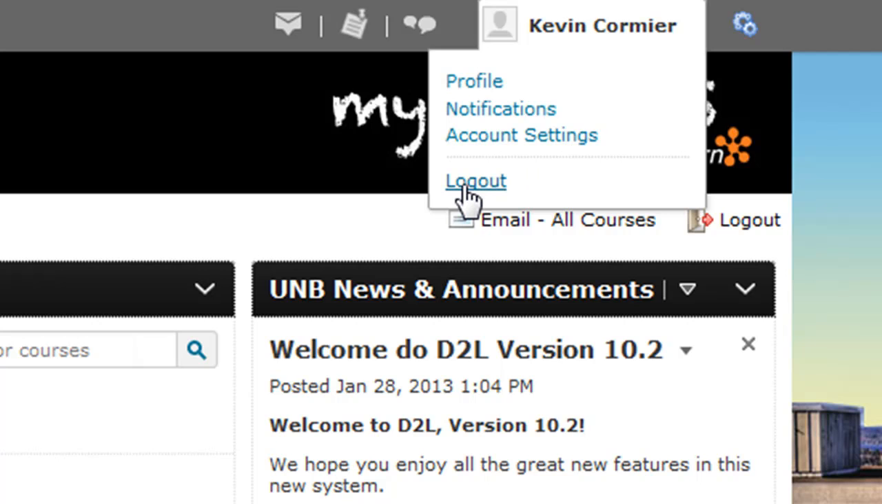There's a log out option here. Just watch out for that, because oftentimes when you log out, it'll seemingly say that you've logged out of Desire to Learn. However, it doesn't successfully log you out of the UMB portal. So just make sure that when you use this logout feature, you also remember to go in and log